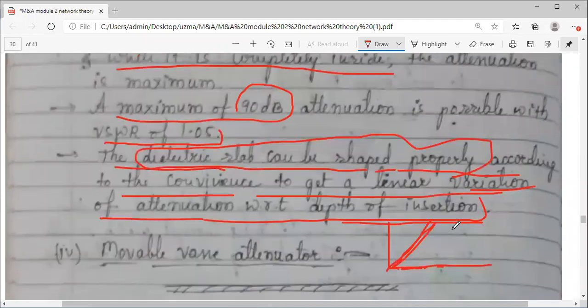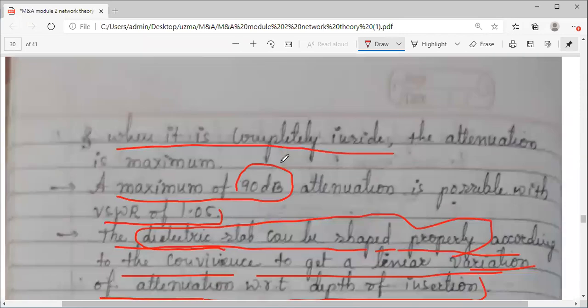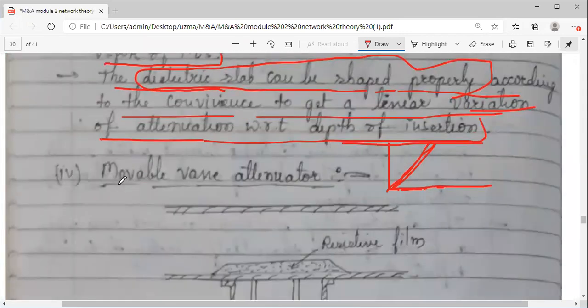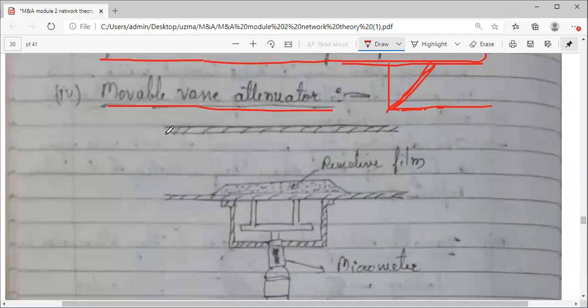Okay, so we have discussed three different attenuators. One is coaxial, the second one is the waveguide fixed attenuator, and the third one is the variable flap attenuator. Now coming to the fourth one, the movable vane attenuator. Check this structure. As I told you, only the first one is coaxial. The remaining four, which we are discussing now, we are now into the fourth type, are all waveguide type attenuators, remember.